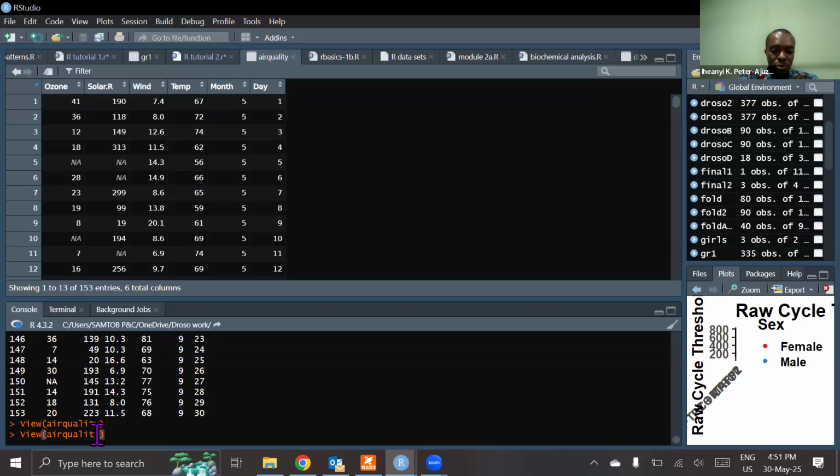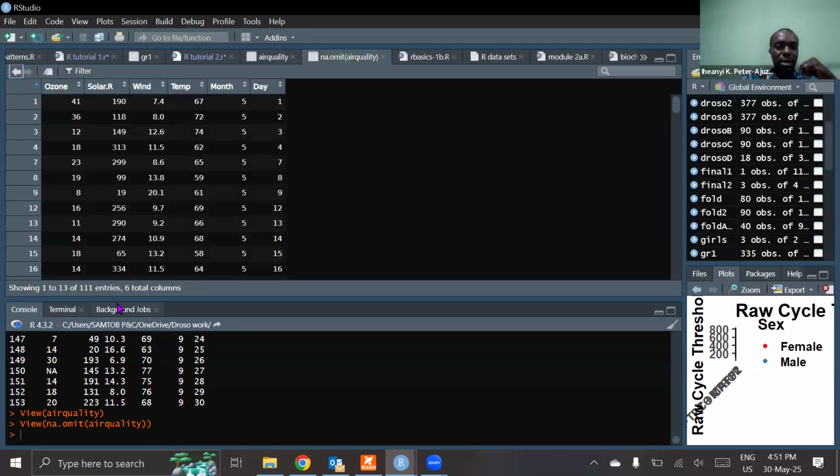I'm saying view(na.omit(airquality)), and I must have two brackets at the end: one will close for the view, one will close for the na.omit. Now if I run this code, you can see we have 111 entries. Remember that here it is 153. So here it has removed